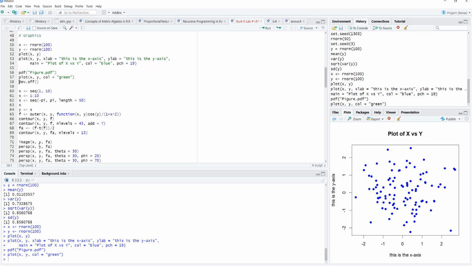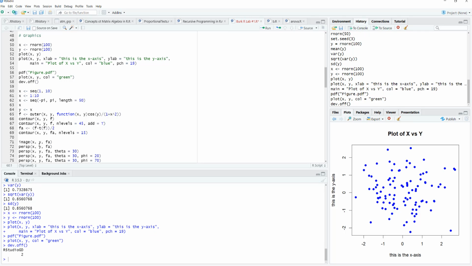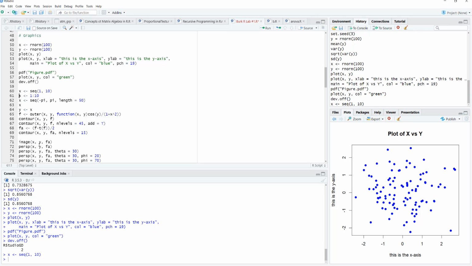X and Y with green, and then once we execute that, whoops, I'm not sure why that didn't come out. By the way, you can go back and forth by scrolling through. I'm not sure, but I'm not going to take time to. Maybe I'll do a follow-up for that. Okay. Anyway,